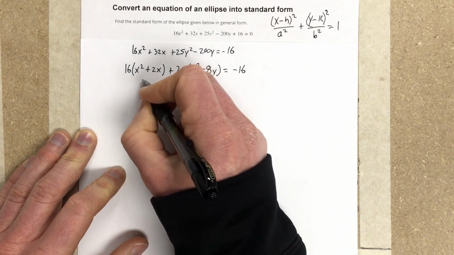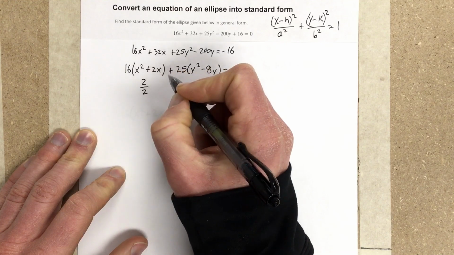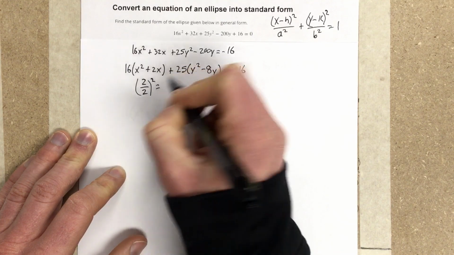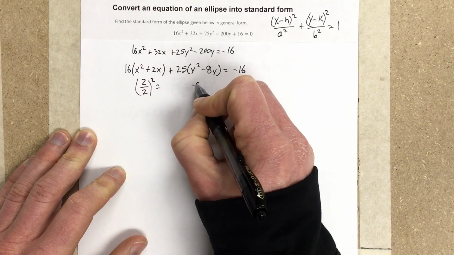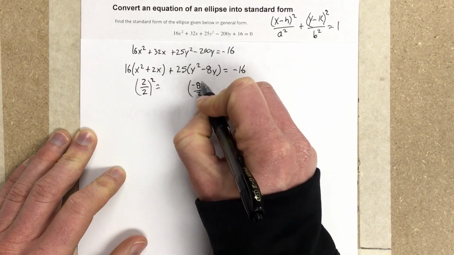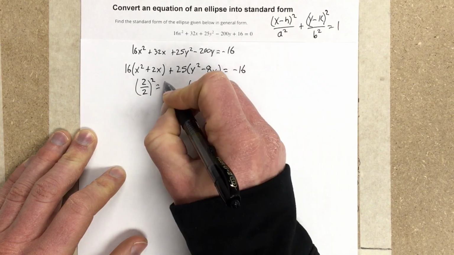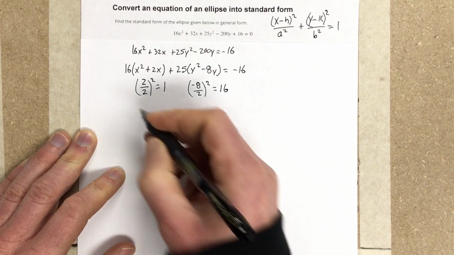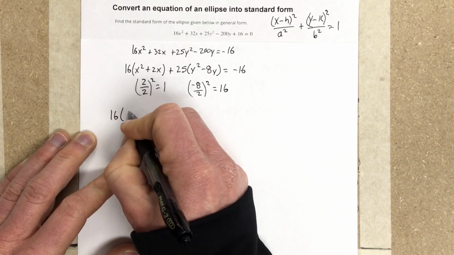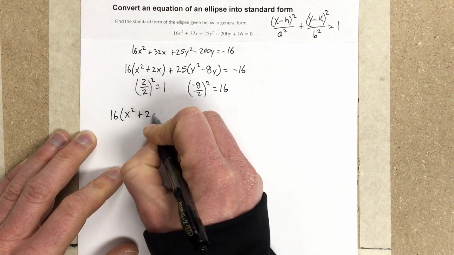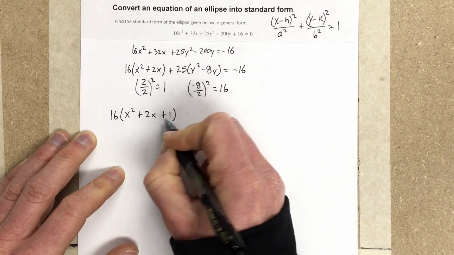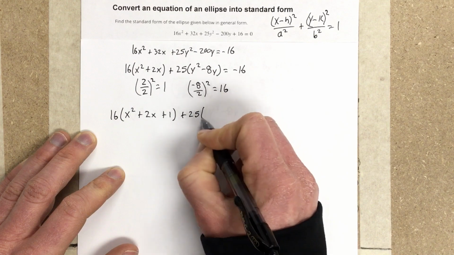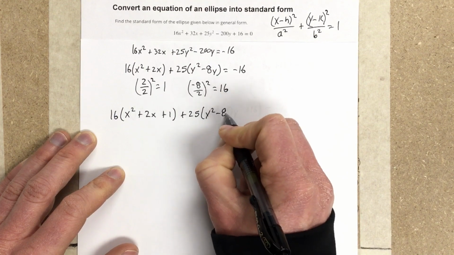To do that, I'm going to take 2 divided by 2, so the middle term divided by 2, and square it. And then I'm going to take negative 8 divided by 2 and square it. This is 1, this is 16. So then I'm going to write 16 times x squared plus 2x plus 1, when I add the 1 inside of the parentheses, plus 25 times y squared minus 8y